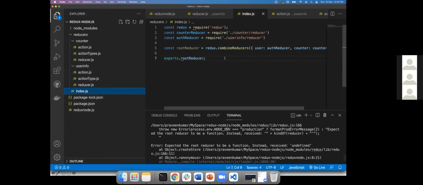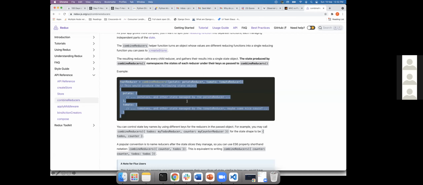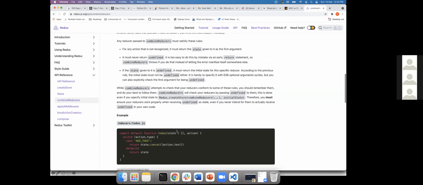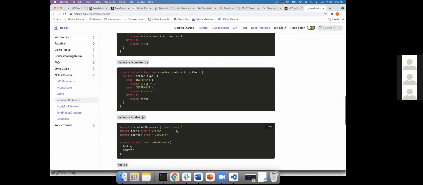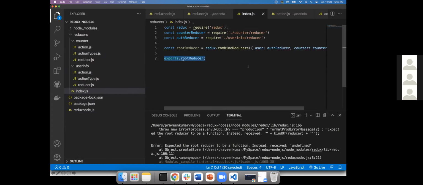Okay, index.js. Redux.combineReducers. What is that? Okay, counter, todo. Export default todos. Yeah, this is right only.